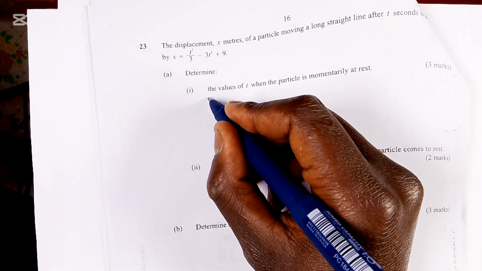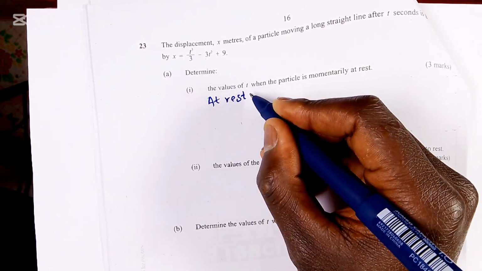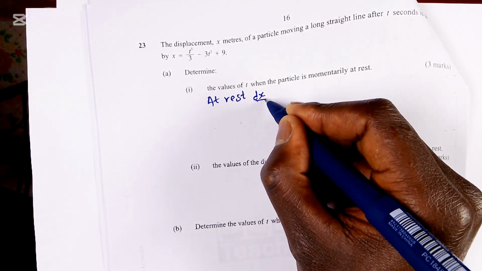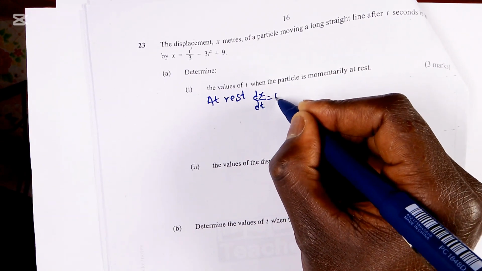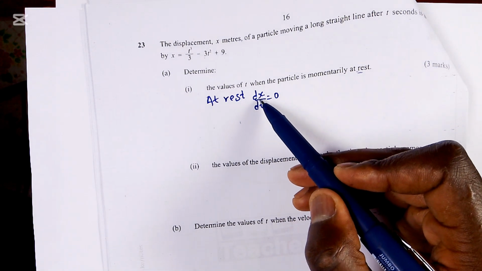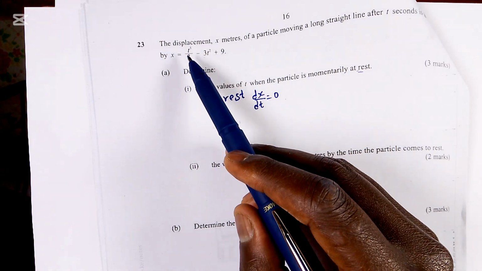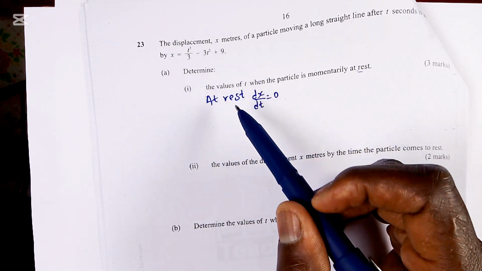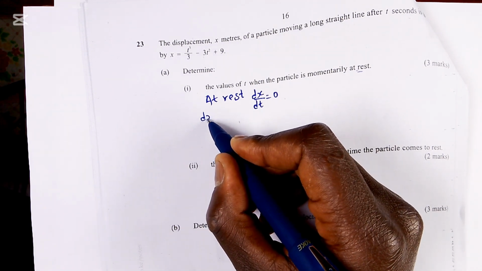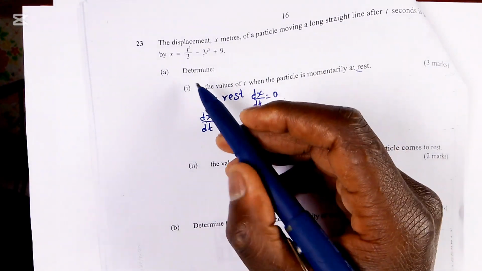So what we need to understand is that when the particle is at rest, the velocity, that is dx over dt, is equal to 0. So at rest, or when the particle is momentarily at rest, the velocity is equal to 0. So we will take our function here, h is equal to t cubed over 3 minus 3t squared plus 9, and determine its derivative. So the derivative will be dx over dt is equal to,